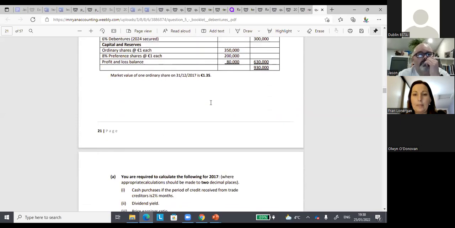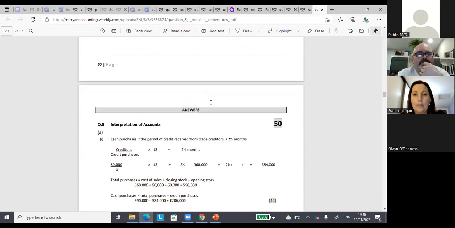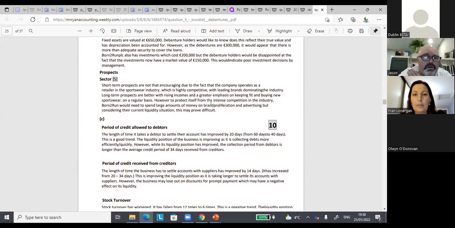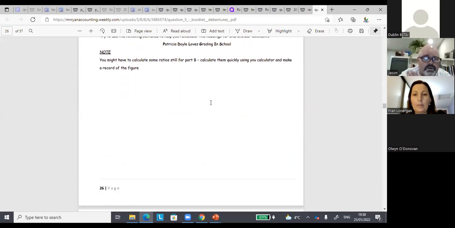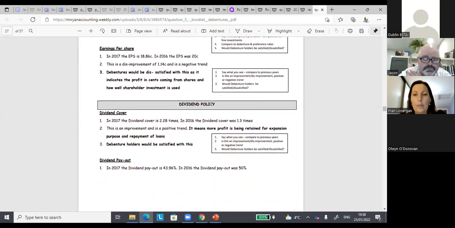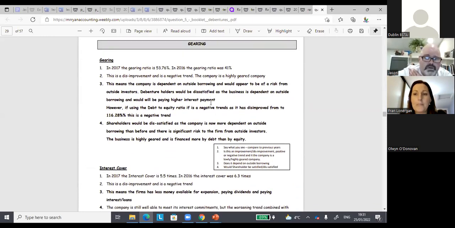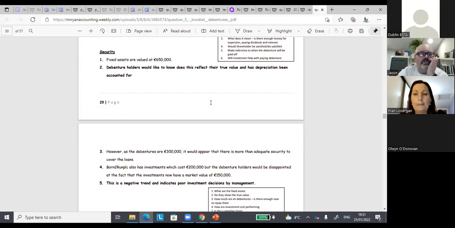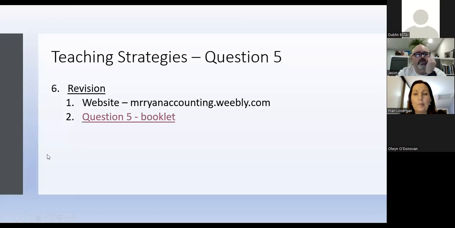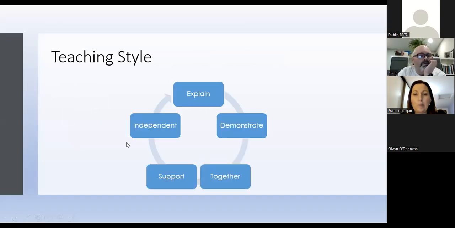So they'll have the question, they'll have the suggested solution and marking scheme. And then if I've done it up, they'll have my comments on it. I haven't put the workings up on this one because it's not too much different from the workings in the marking scheme itself. And I'll give that out to them. So they'll have a booklet of all the questions and answers that they can use in class. And so once again, the teaching style: explain and demonstrate in class using the analysis handout together, supporting independent work, using the website and those booklets. So they have everything that they need to do in class themselves.